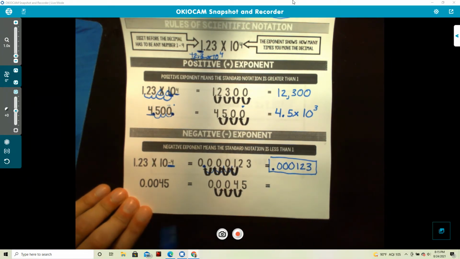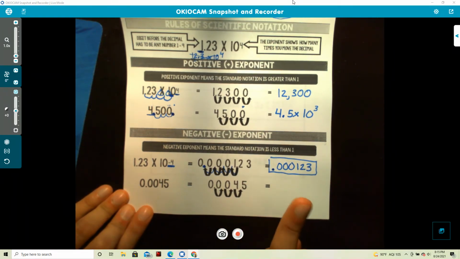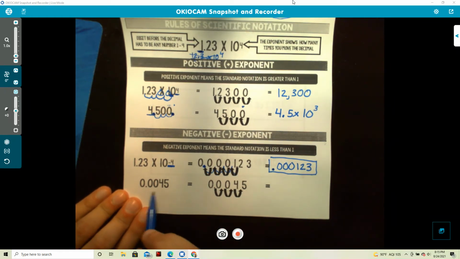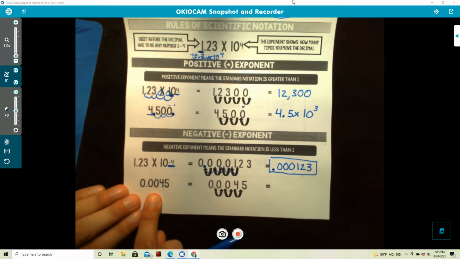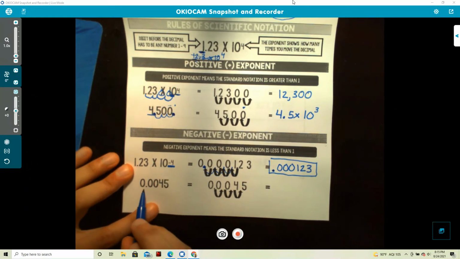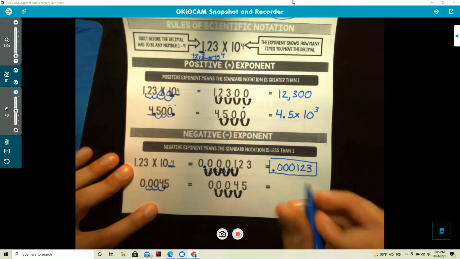All right, let's go over here. So this is standard, and it's a number less than 1, so that means our exponent is going to be negative. Let's see how many times we move over. Remember, our goal is to have one number before the decimal, anywhere between 1 to 9. So we want to move this decimal between the 4 and the 5, so that the only number to the left of the decimal point is 4. So we got 1, 2, 3. So we're left with 4.5